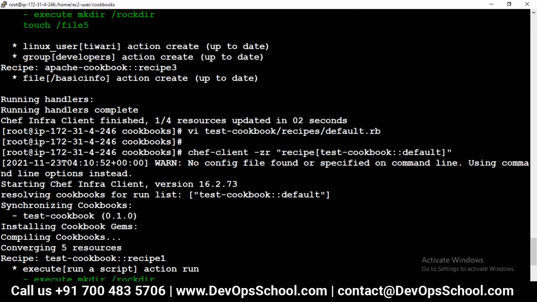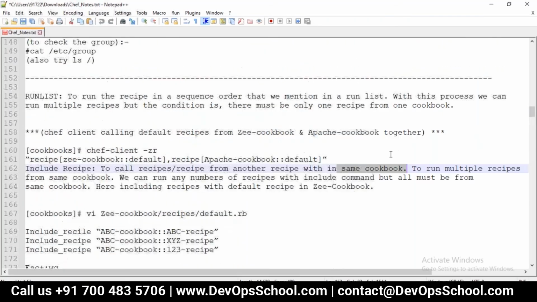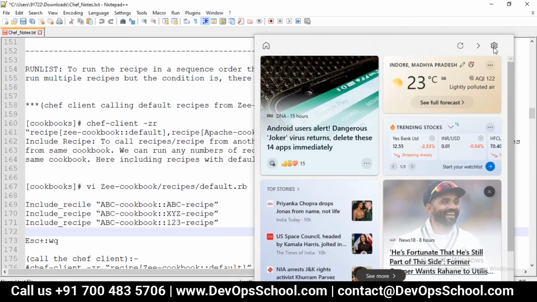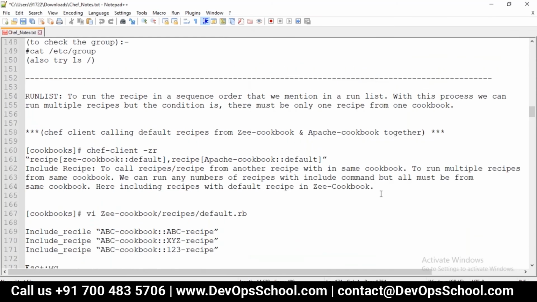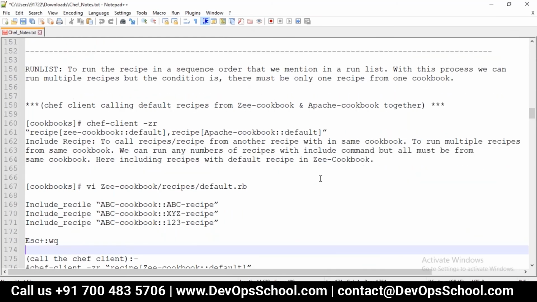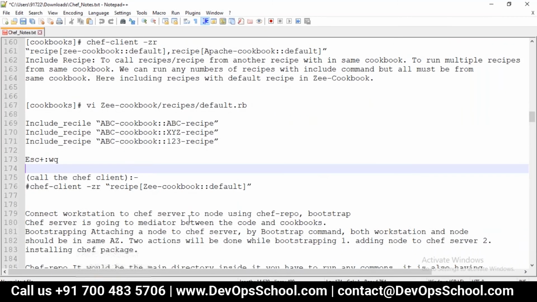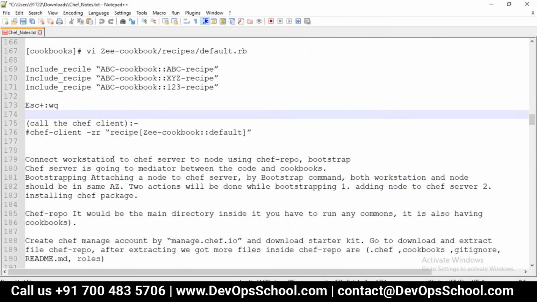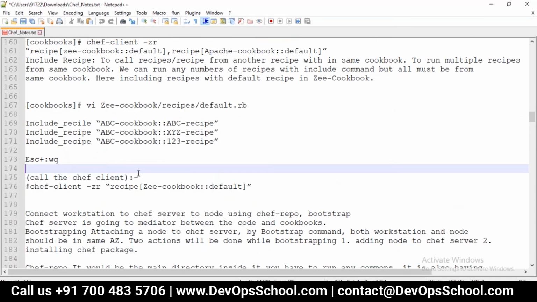Now we will combine both. First we used only one recipe from one cookbook, and in the second we used more than one recipe from the same cookbook, and now we will combine both of the previous.